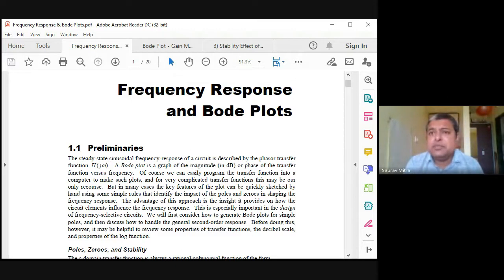Whatever system is given to you, GSHS, again the same thing here. GSHS will be given as the open loop transfer function. You have to predict for the closed loop transfer function the system gain and system stability. All those things you have to predict, but by the frequency domain method. Previously, in case of root locus, we found the gain, omega marginal, and all these things. In this case, we'll be finding gain margin and phase margin. I had explained what gain margin and phase margin are to you initially while I was explaining stability, but at that time I told you that these topics will be discussed in detail in Bode plot.